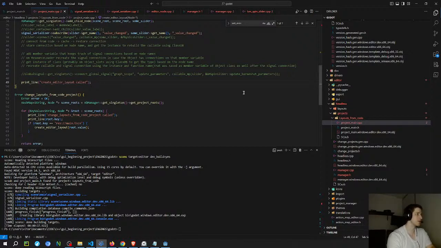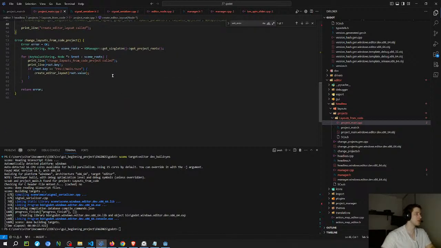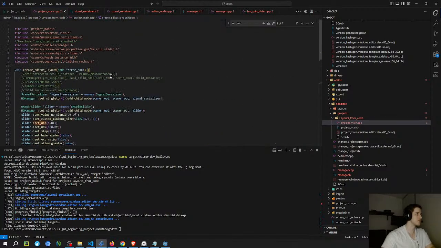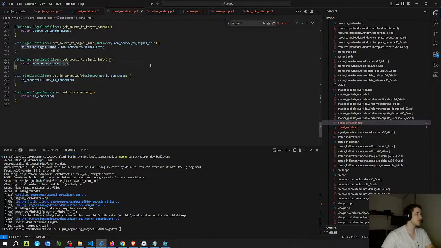And I am using print line for a situation where I'm expecting it to fail, because it's not really a fail, so I think it gets kind of confusing. And I don't know if they have an error macro that doesn't return the function. If they have that, then I probably would use that, but